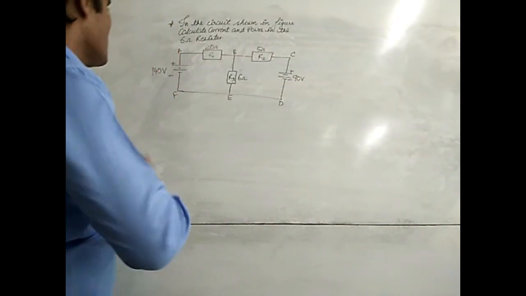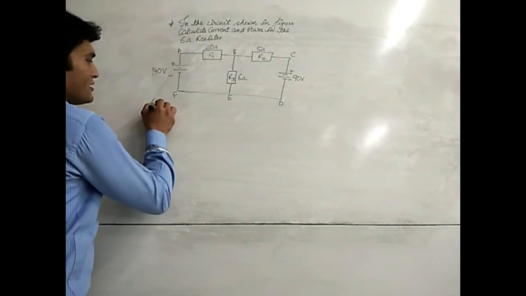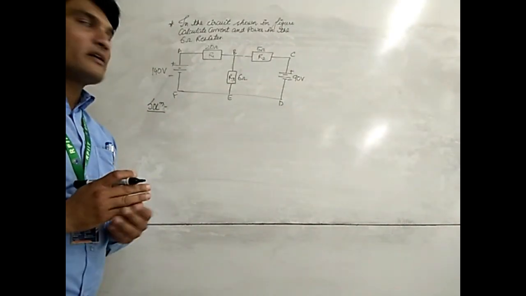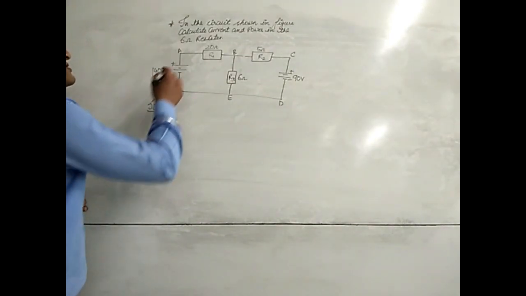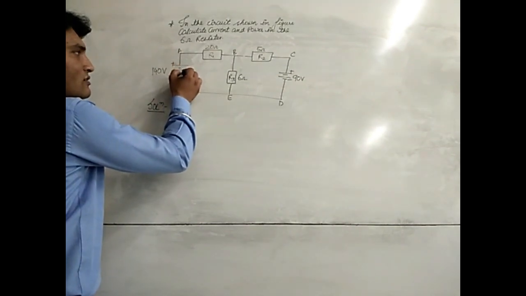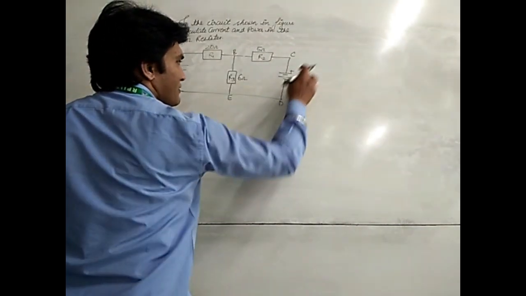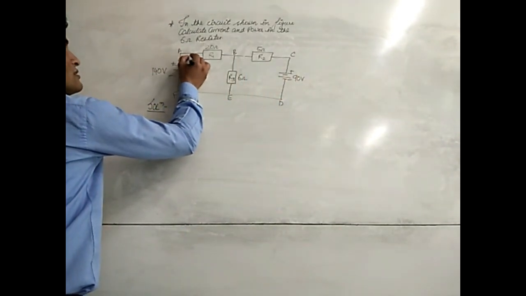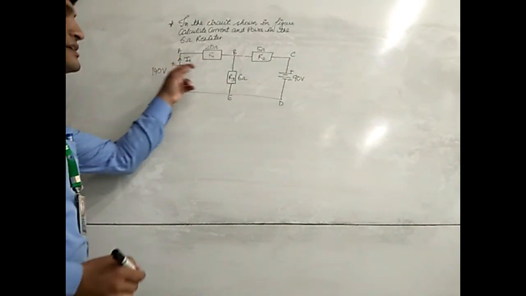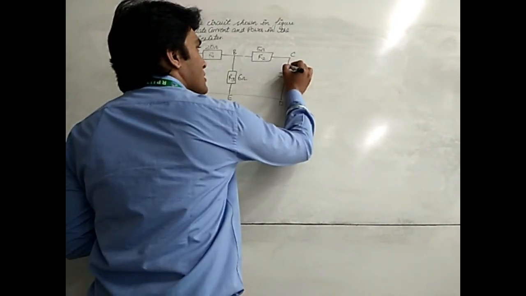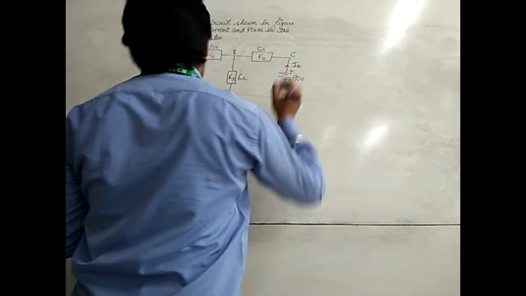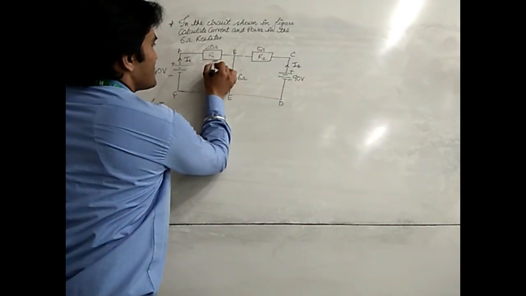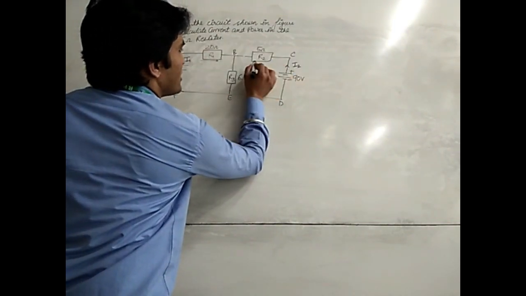Using Kirchhoff's law we can solve this network very easily. Firstly, we will mark the direction of current in this electrical network. Here, this is the positive terminal of the battery and this is the negative terminal of the battery. Same here, positive terminal and negative terminal. Current is always flowing from positive to negative. So say I1 current is flowing from this battery source and I2 current is flowing from this battery source. Now this I1 current is flowing through this R1 resistance and I2 current is flowing through this